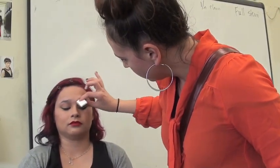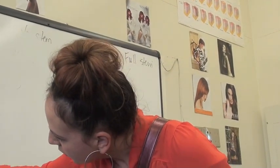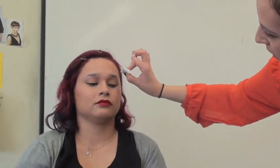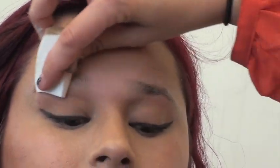Is that the same product that you currently use? I put this on my hand like 12 minutes ago. This is the after wax cream. That took away your marks, your little guideline. Yeah, so this is to remove all that and to soften the skin, cool the skin off, close the follicle of her hair, and basically just condition it so I can go in there and now cut it. So you all are hairstylists, so you all know